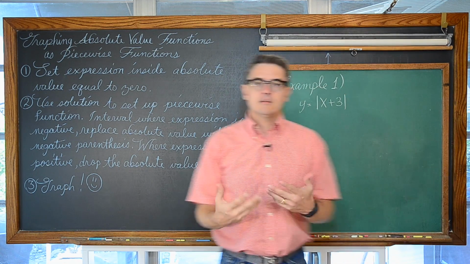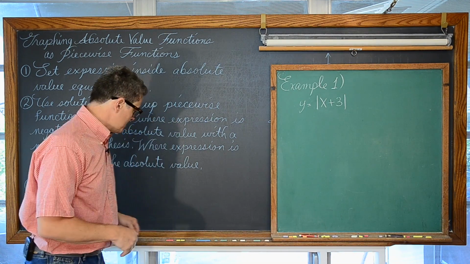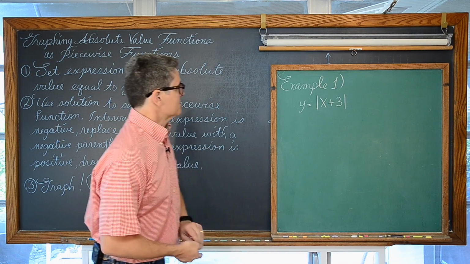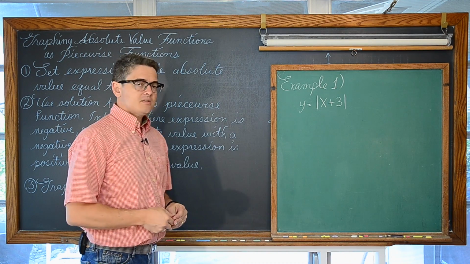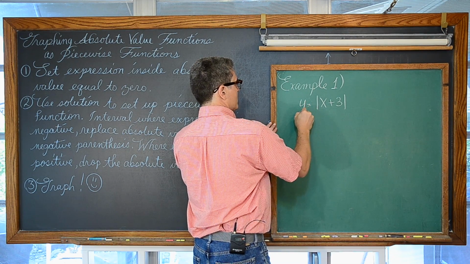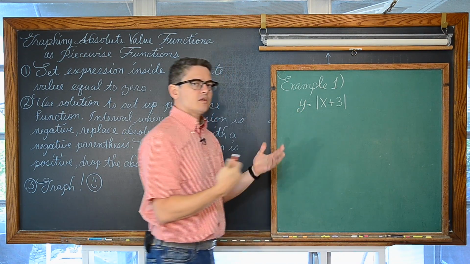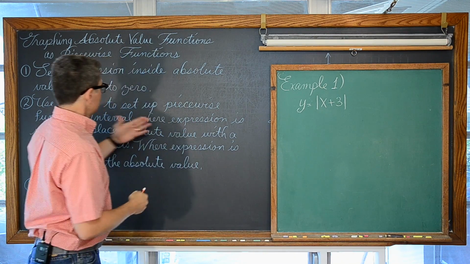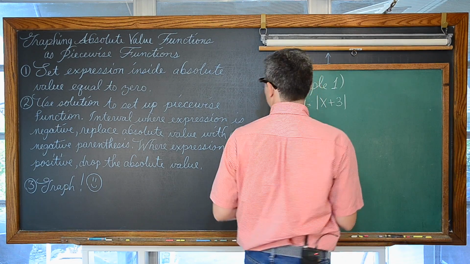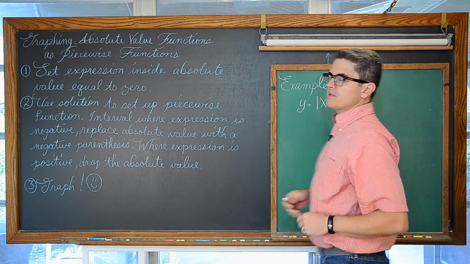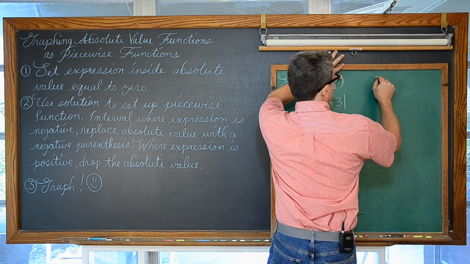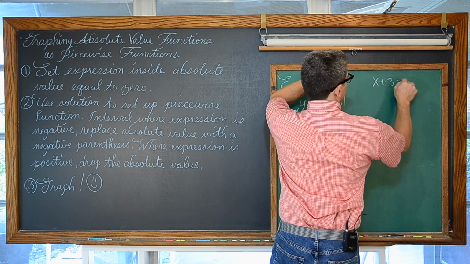And if you have in the past struggled with graphing these piecewise functions, I'm going to hopefully help you understand how to do that. First example here, we have y is equal to the absolute value of x plus 3. And again, we're not going to be graphing this using our knowledge of transformations. We're going through these steps with an easy problem so we can see how it works and move into the more complicated ones. Step 1, we're going to take the expression that is inside this absolute value function. Well, that's x plus 3.